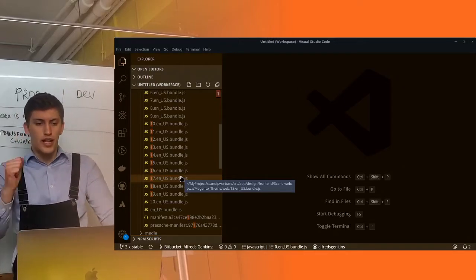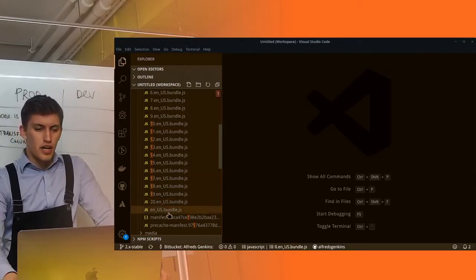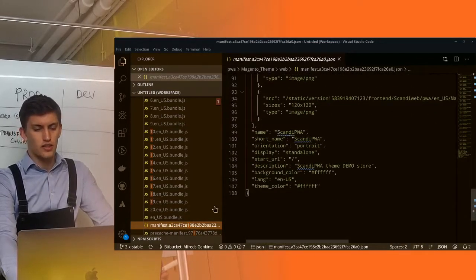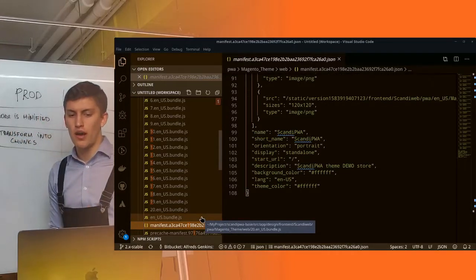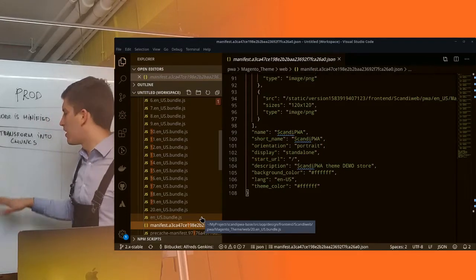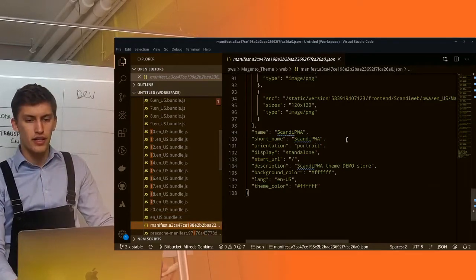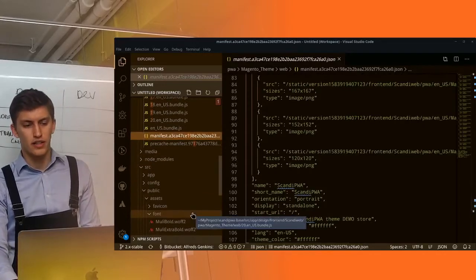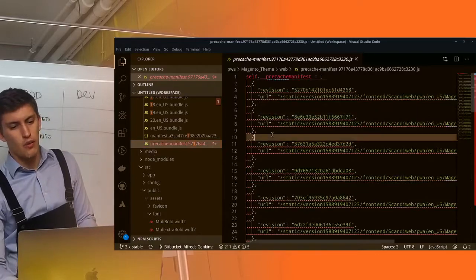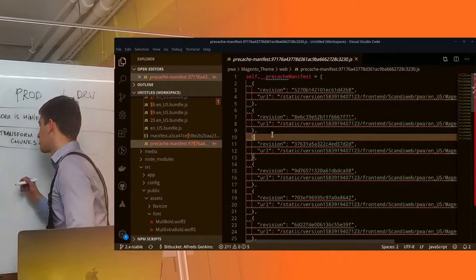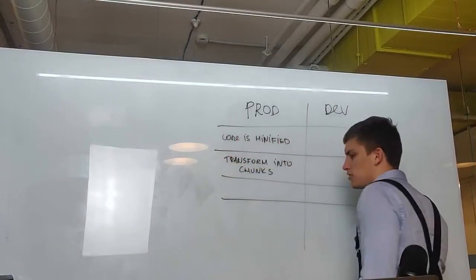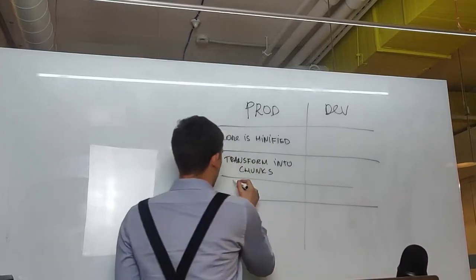Okay, cool. What else happens in production? In production, we can see that we have this manifest, and this manifest is generated, and it allows us to install our application. But this is not the difference. It happens for both. So the manifest is the specific thing for PWA applications to be recognized and installed, but there is a pre-cache manifest, which is more interesting. The pre-cache manifest is generated only in production, and what it allows us to do, let me switch to the board. What it allows us to do, it allows the service worker